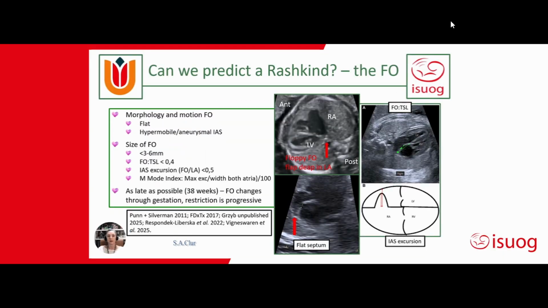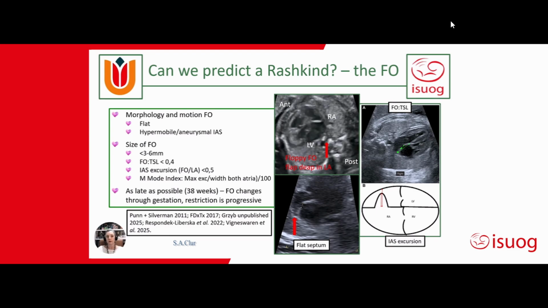The question then arises, can we predict the need for a Rashkind procedure prenatally? We've been trying to do this for some time and unfortunately are still not very good at it. However, you have an increased risk of requiring a Rashkind procedure if you have transposition of the great arteries with a flat septum, as shown in the bottom middle image. Above that, we see a hypermobile aneurysmal foramen ovale flap, which may also be associated with an increased risk of